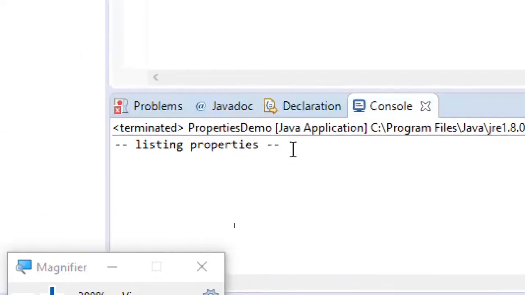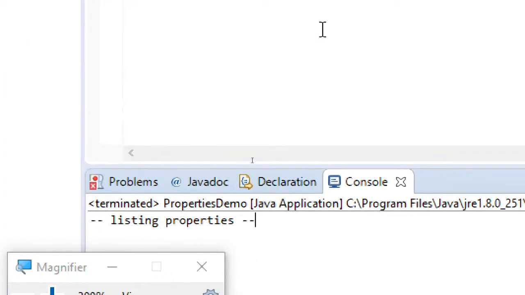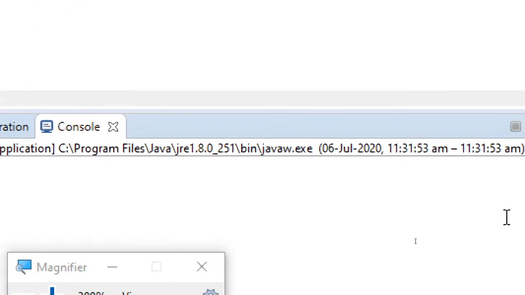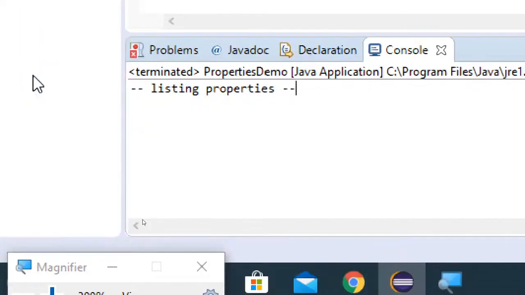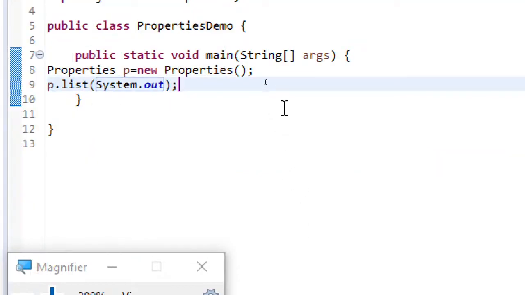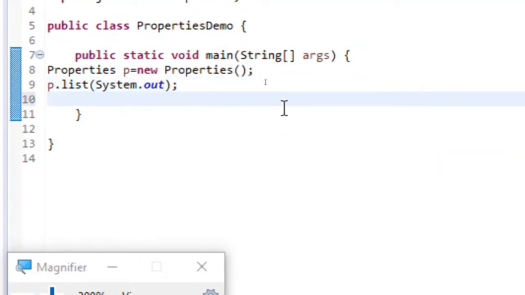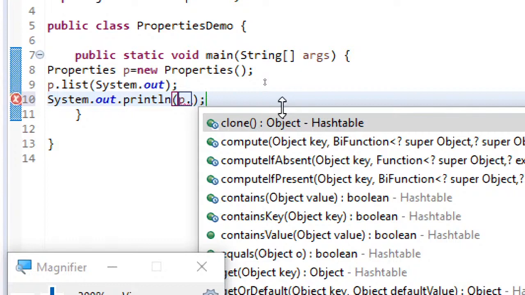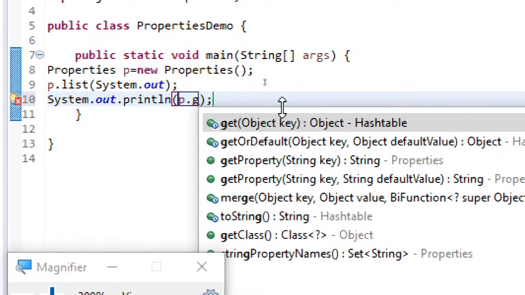So it did not list any properties. It just said listing properties. Let's try to print a specific property and see. We will be having a method get property. Yeah, here you can see get property.